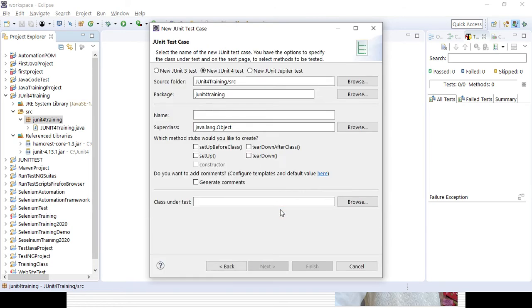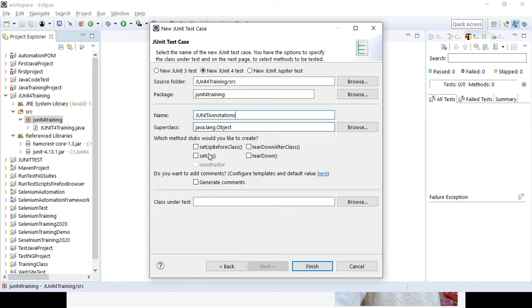The source folder and package are selected by default, and here you can see New JUnit 4 test, so we will select it. We will not select New JUnit 3 test because no annotations are available in JUnit 3. We need to give the name, JUnit annotation.